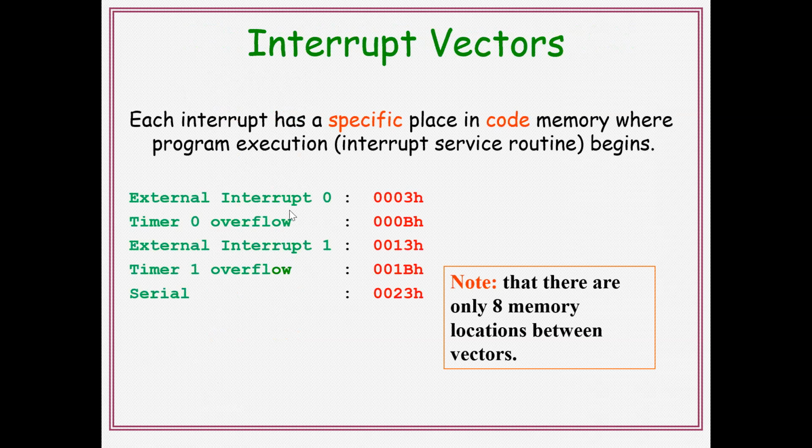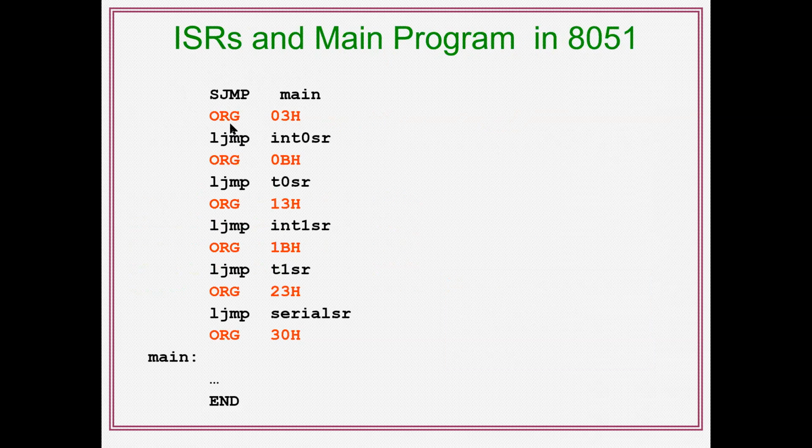external interrupt 0, INT0. External interrupt 0 starting address is 03H. Within it, 8 locations are reserved for this interrupt. If the routine is completed within these 8 locations, no problem. Otherwise, you can create a link here with the help of LJMP to that particular service routine. Up to 2AH is reserved.